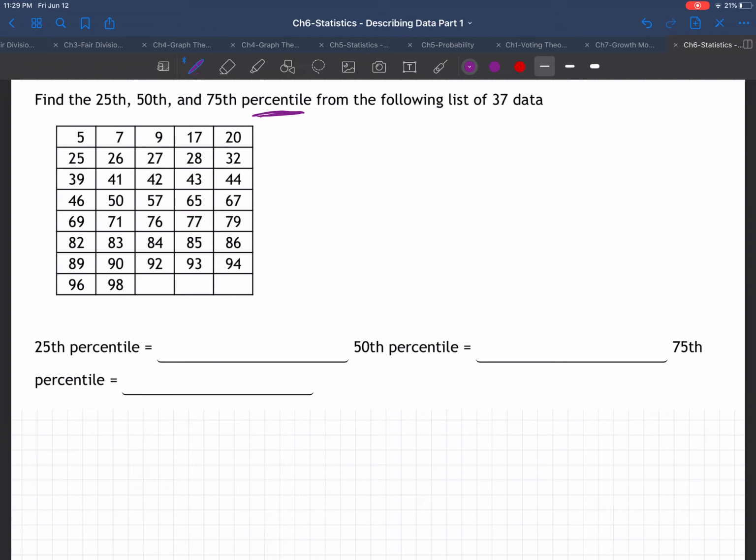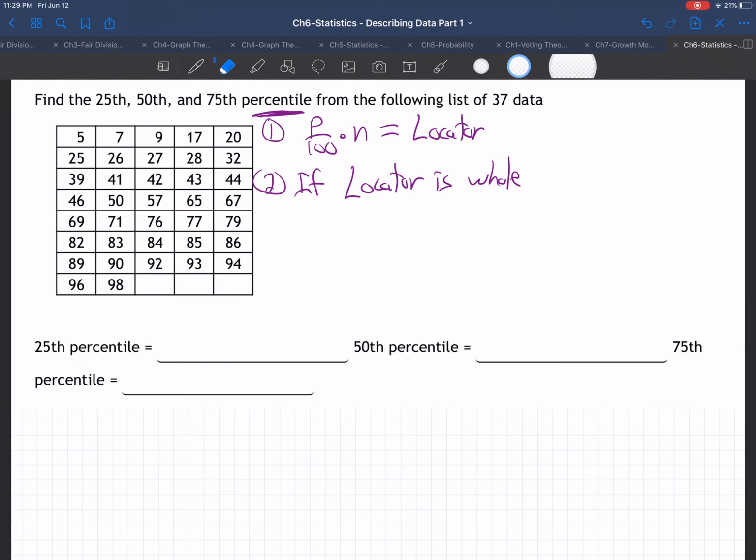Let me write it right here. To find percentile, step 1 is take P over 100 times N. Let's call what you get L for the locator. And step 2, if the locator is a whole number, well, let's start with decimal. If the locator is a decimal, round up